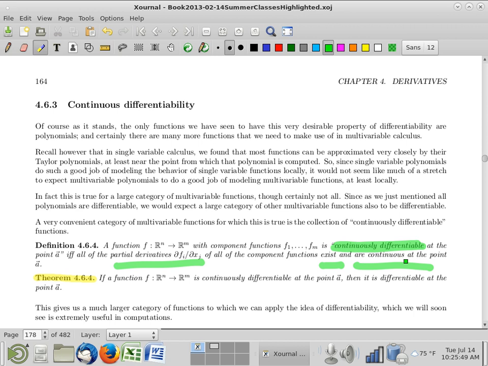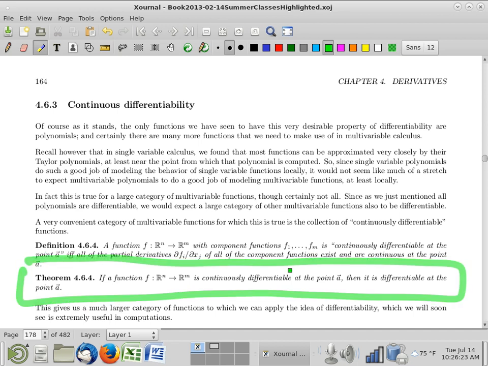When I gave you all a whole speech about how it's really hard to talk about differentiability. Differentiability is this sophisticated, kind of deep, multivariable point of view on how we might talk about how to approximate changes of function. It's a really pretty significant conversation. Not continuous differentiability. That's easy. Continuous differentiability, partial derivatives exist and are continuous. End of story. And the wonderful thing, and this is a powerful fact that you guys are going to use a lot,